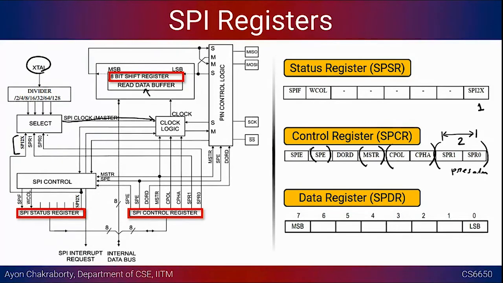So this is going to determine what is the clock that is being fed to the SPI bus for the data transfer. And then we have the data register. We have already spoken about it. You have to write the data to the data register, and it could be transmitted, or it could be the other way around. If it is a reception, the data will be populated inside the data register. It's called SPDR. And the status register, we have already looked at.